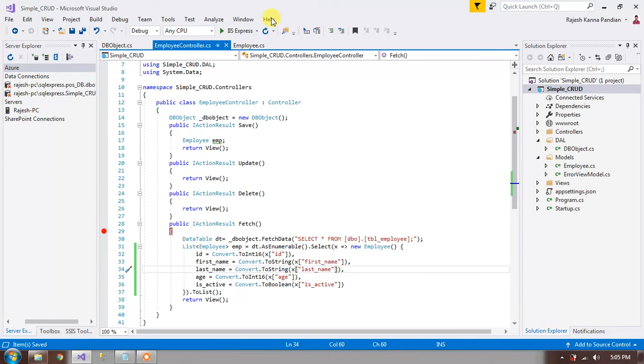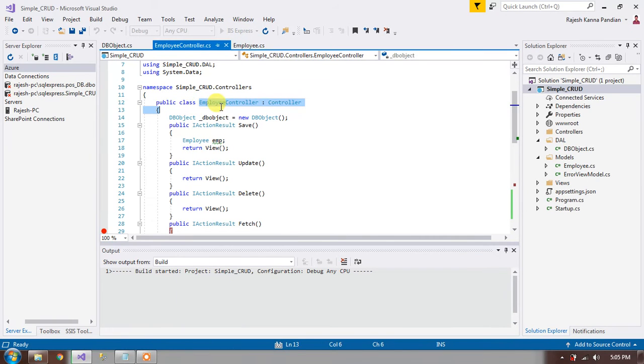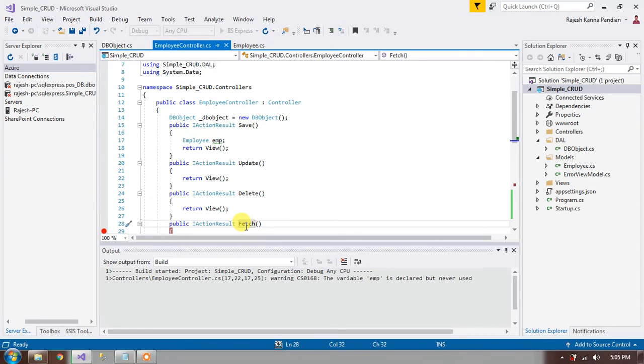We have a breakpoint. Now let's run the application. We are going to navigate to the employee controller and the fetch action, and see how the data is assigned to the list object. Our application is building.